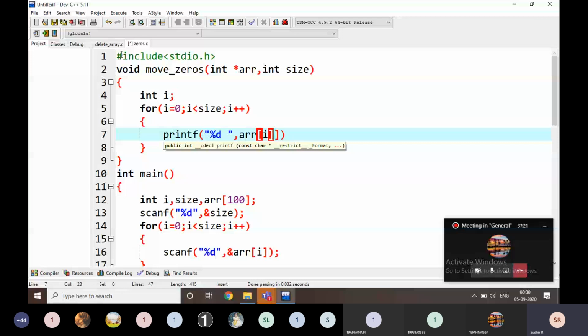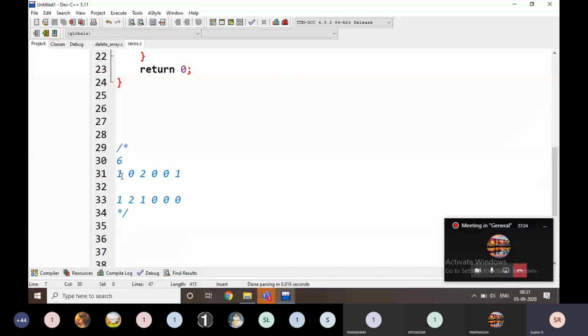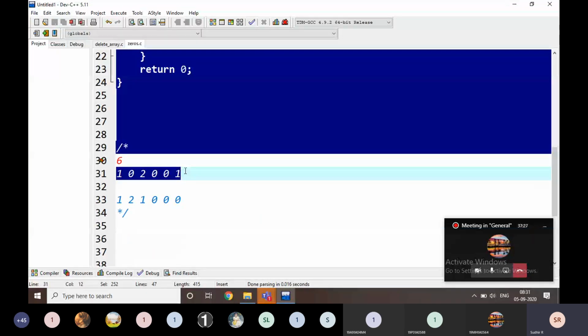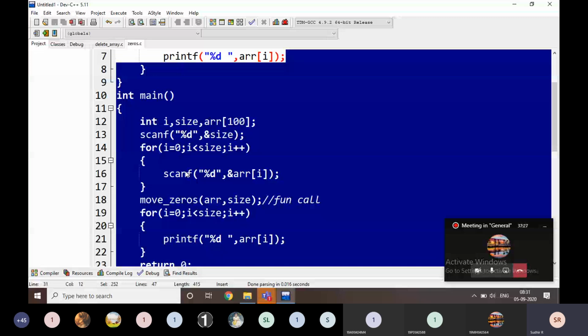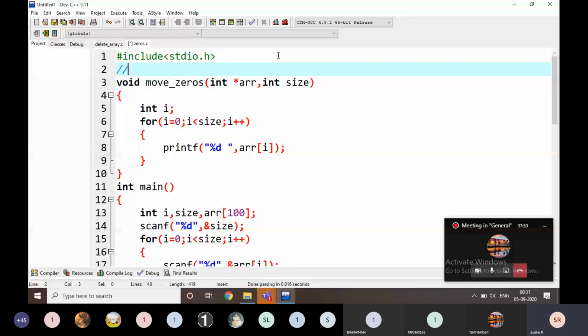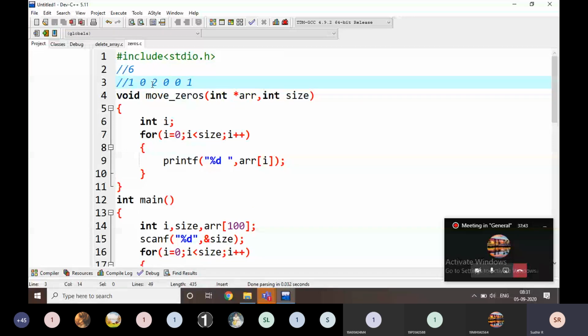If the input is like this, the input is going to be like this, its output is going to be 10201. Then what do I have to do here?